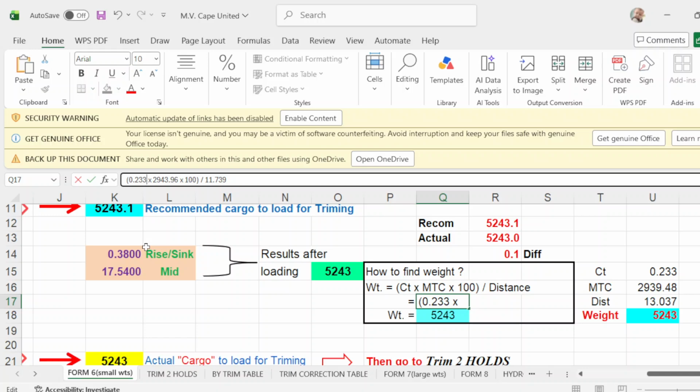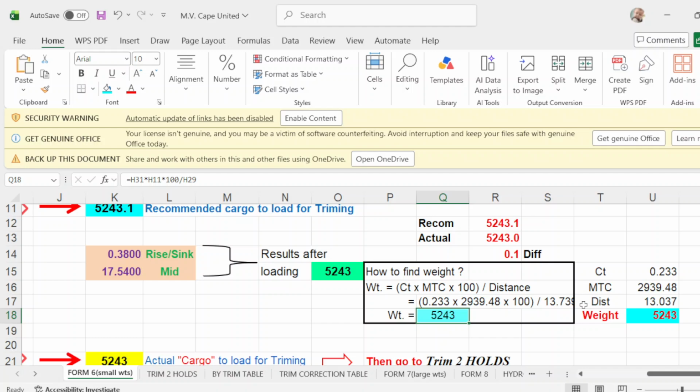Your MTC is 2939.48. Your distance is 13.037. Okay. Now they are the same.